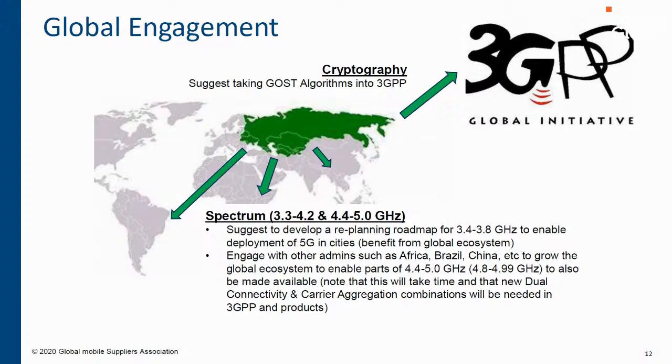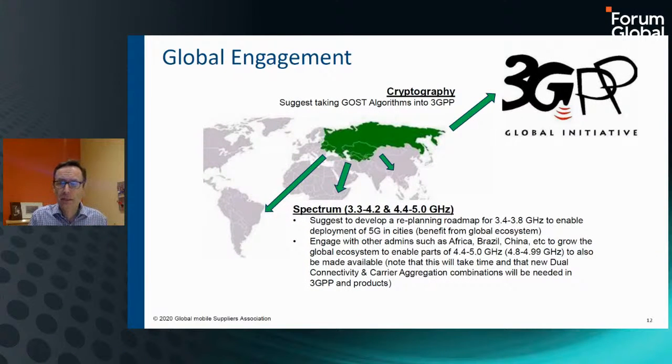But what about some of the local issues then? The cryptography is an important issue. And as an organization, we accommodate, we deal with these requirements. There have been other administrations around the world that have taken their requirements into 3GPP, the standards body for 5G. And we would suggest that the GOST algorithms are also taken into 3GPP. On the spectrum side, some big challenges, but we would suggest that consideration is given again to 3.5 gigahertz. Is there any way we can get that into the market? Is there any way we can come up with a roadmap for replanning of that spectrum to enable